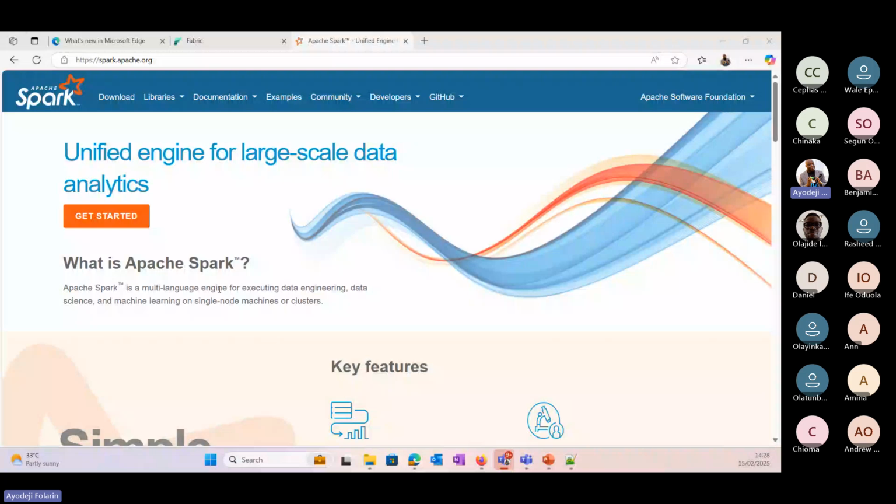The libraries we are talking about, these are the components that I mentioned: GraphX, the ML library, pandas on Spark, Spark Streaming, Spark Connect, and SQL.